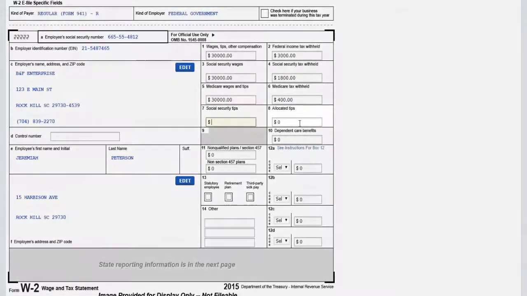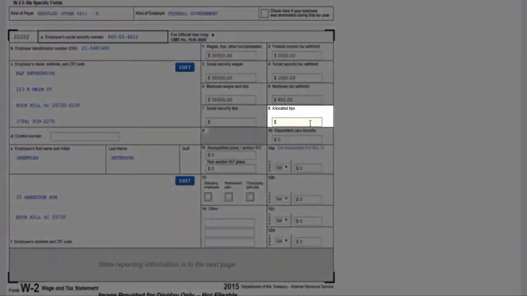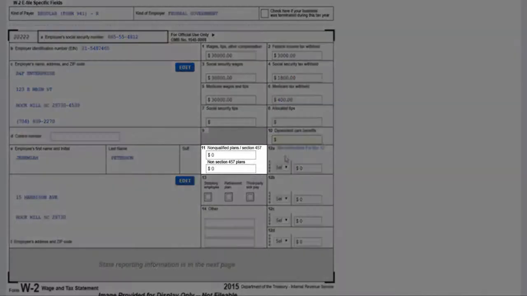For box 8, if you are a food or beverage establishment, show the tips allocated to the employee. Do not include this amount in boxes 1, 3, 5, or 7. For box 10, report the total amount of dependent care benefits that you paid or was incurred by you for your employee. For box 11, report distributions to an employee from a non-qualified plan or non-governmental Section 457B plan in